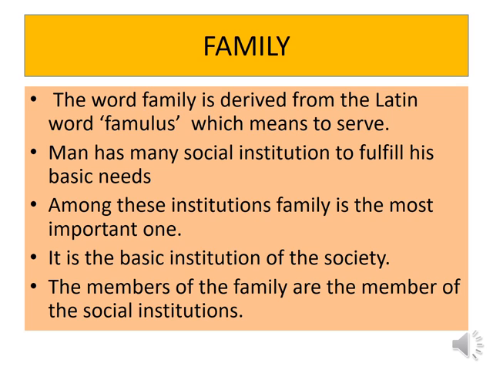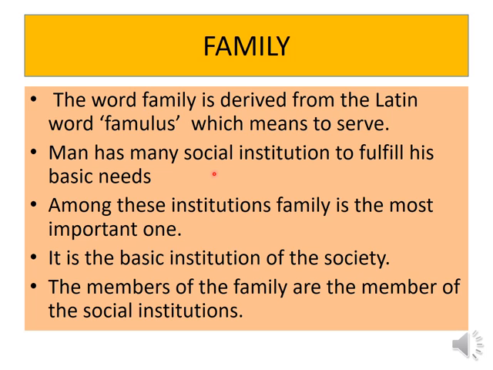The relationship of the family members is determined by kinship. What is kinship? Kinship is a blood relation. The family includes marriage, kinship and adoption. So the basic institution of family and the members of the families are the members of the social institution. So in this given point, we understood what is family and why it is called family and where family is derived from. The word family is derived from a Latin word called famulus.